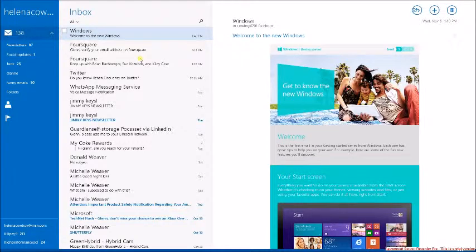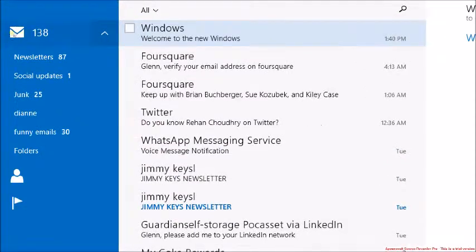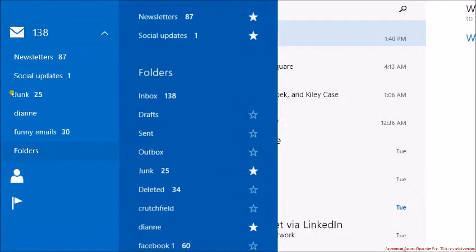But this is what the 8.1 Mail app looks like now. This is basically your inbox right here, where it says I got 138. And then you've got newsletters, social updates. This is where it puts all your stuff from my Facebook, Twitter, LinkedIn, MySpace. For those of you who still have a MySpace account, it'll put stuff over here. And then right here it says folders. If you come into folders,